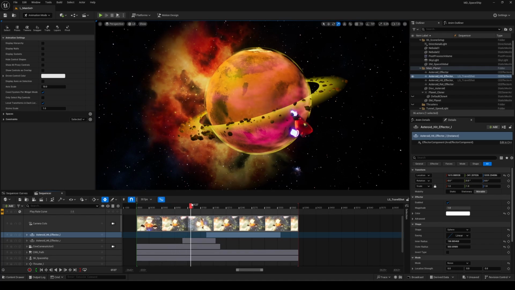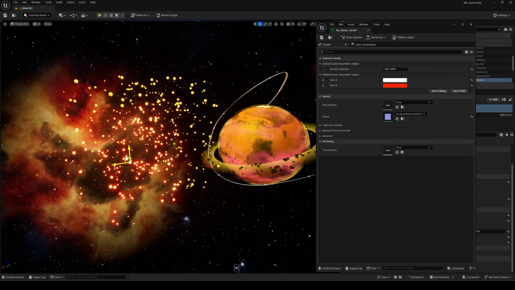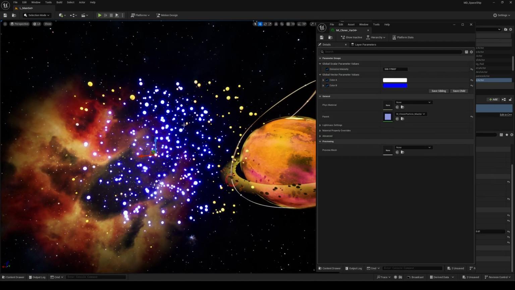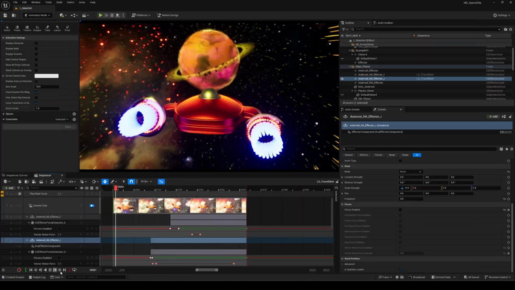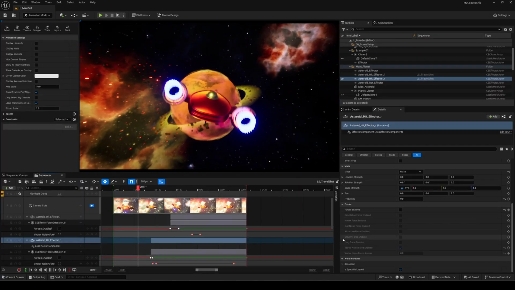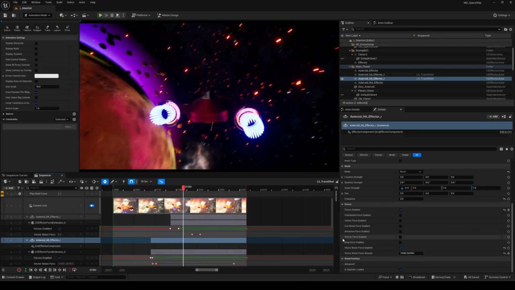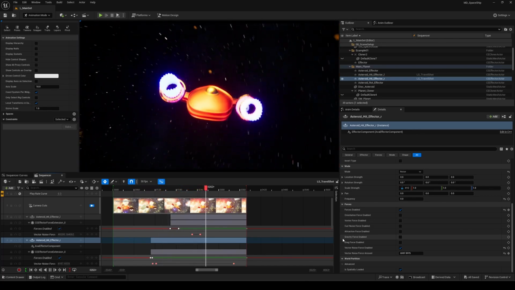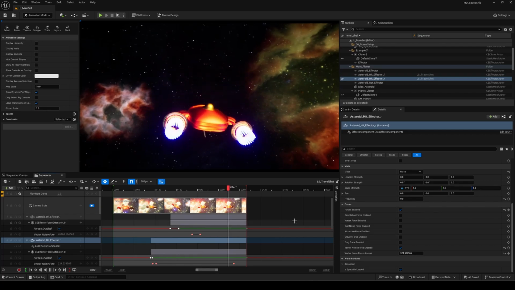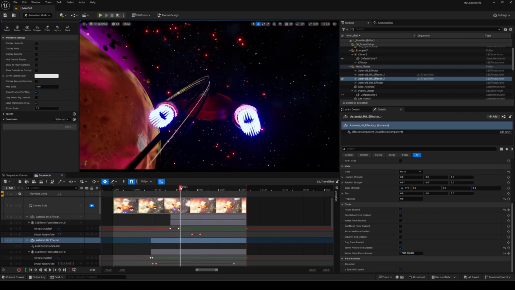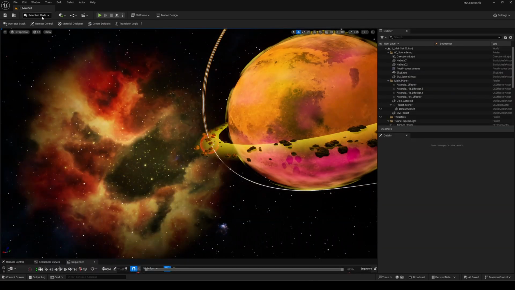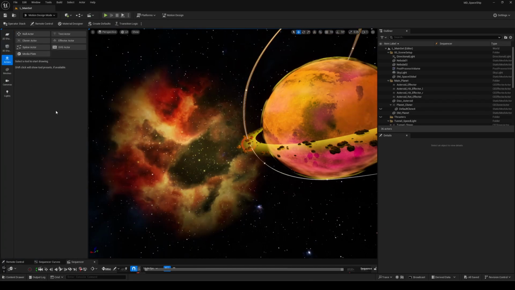The point here is to demonstrate how motion design is a real game changer for animation and effects. The spaceship's thruster, the star tunnel, and the asteroid belt were all created using motion design tools, no need for complex Niagara systems or shader-based animation. With just two actors, you can pull off a ton of incredible effects now. For today, the focus is mainly on using cloners and effectors. Let me first explain the core concept and how to use these actors in any scene.